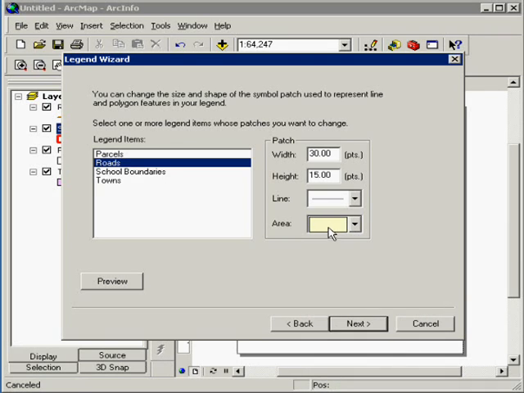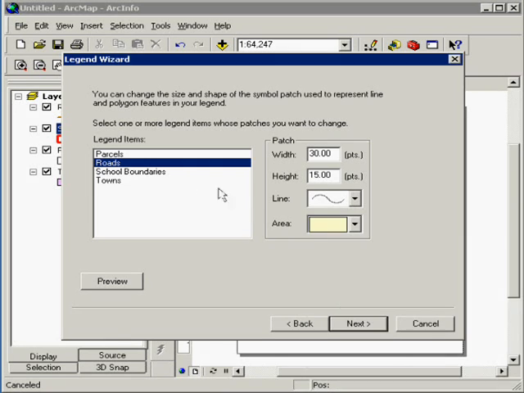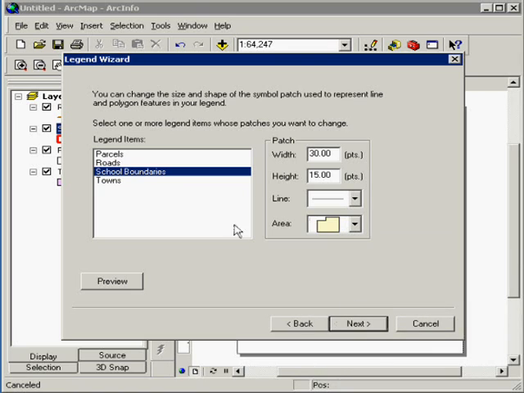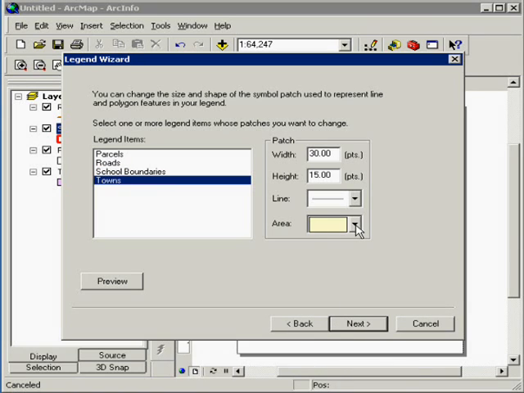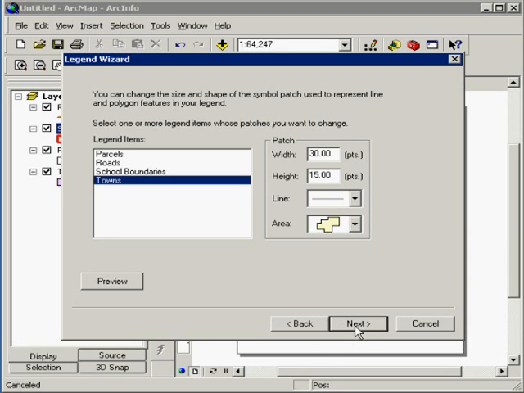Roads is not an area, but it's an actual line, so I'm going to change it to an S-curve for this example. School boundaries is an area, and I'm going to select park or preserve. And then towns, I am going to select urbanized area. Now I'm going to click next,